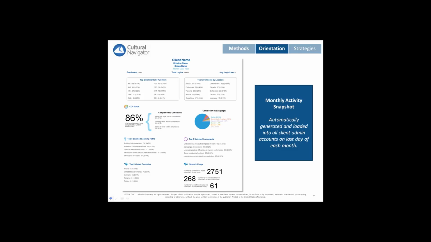And then based on the total number of enrollments, it also identifies how many of your population have completed their COI, and which language they completed it in. You can also see the top 5 enrolled learning paths, what is interesting to them, and then the top 5 visited countries. In the bottom right-hand side, you also identify the network usage, so how many connections people have made,